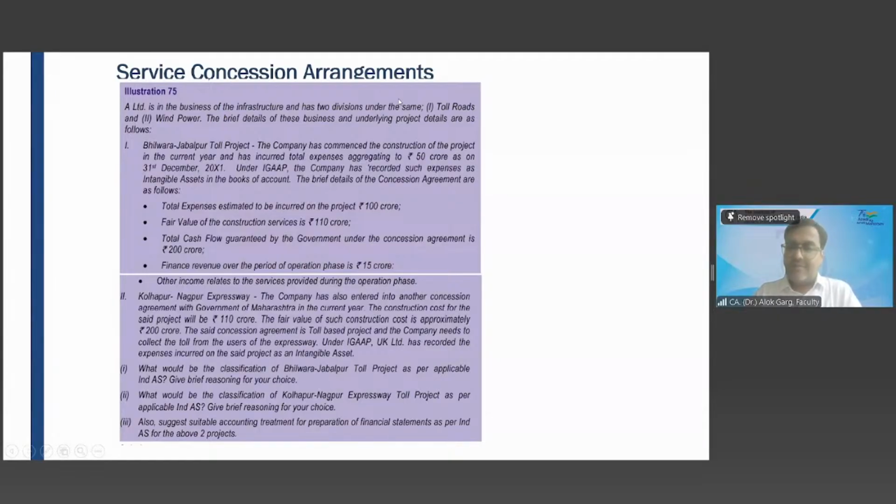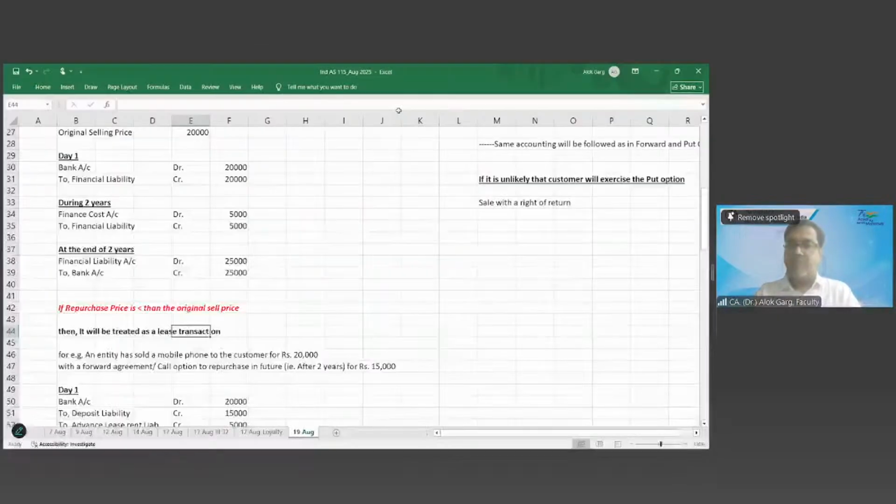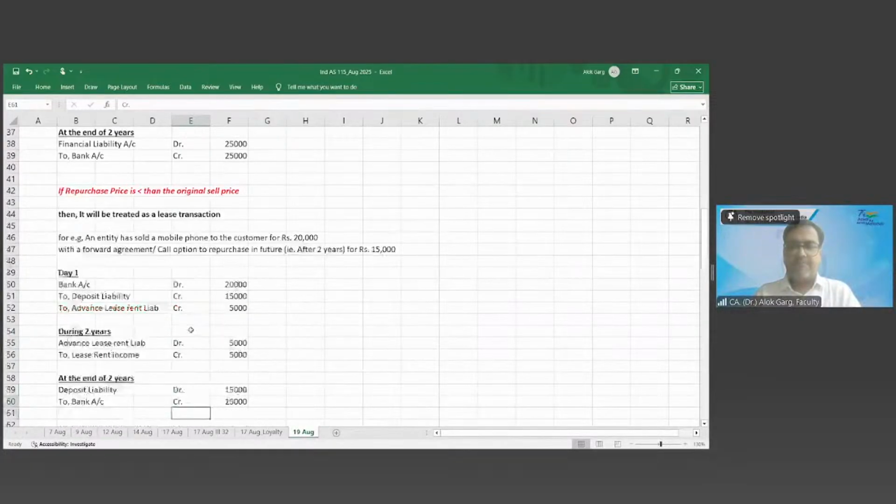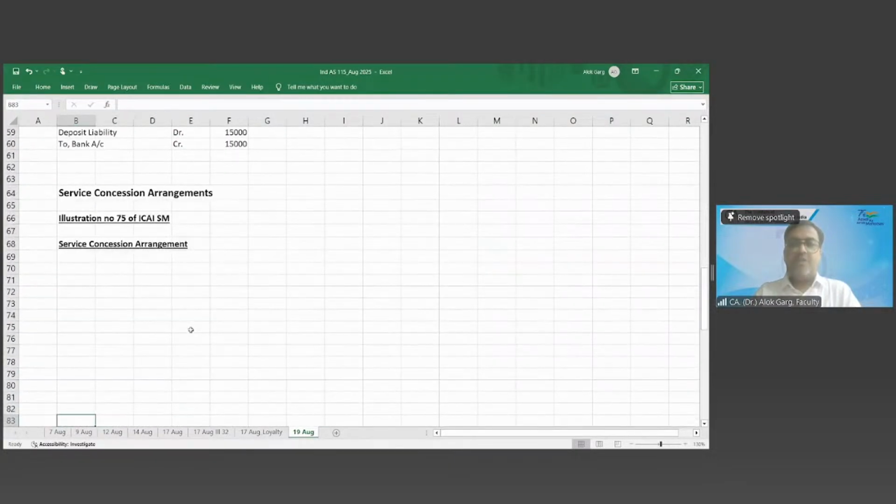Is this clear to everyone? Shall I solve this question? Shall I solve this question? Yes, sir. Yes. So people who haven't understood this accounting, they will become master in this accounting after this